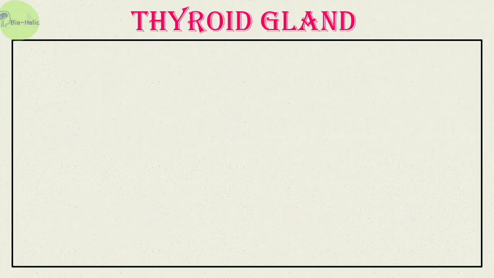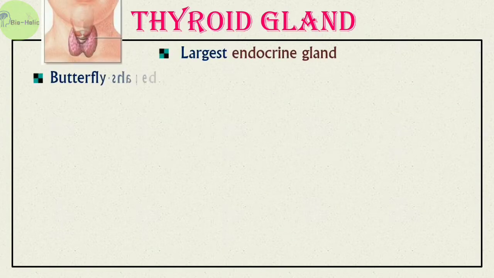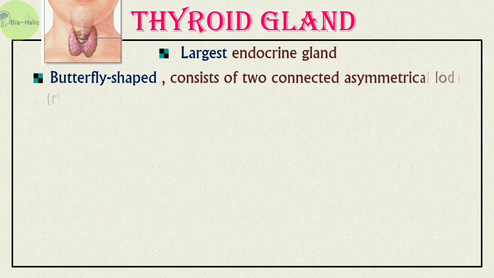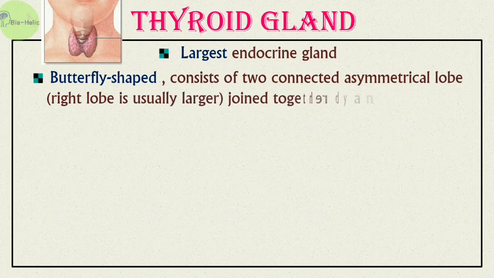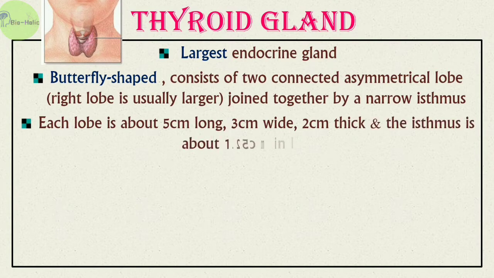So let's start. Thyroid gland is the largest endocrine gland of us. It is butterfly shaped, consisting of two connected asymmetrical lobes, the right lobe and the left lobe. The right lobe is usually larger and they both are joined together by a narrow isthmus. Each lobe is about 5 cm long, 3 cm wide, 2 cm thick, and the isthmus is about 1.25 cm